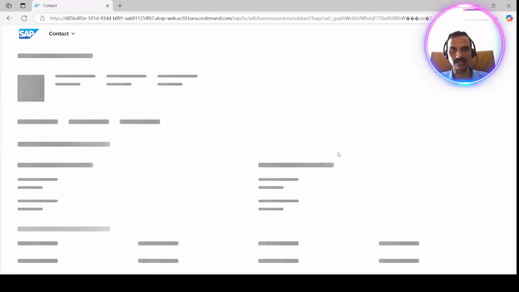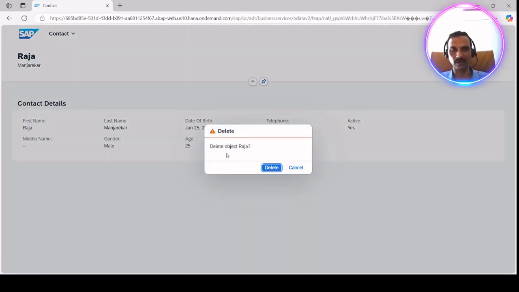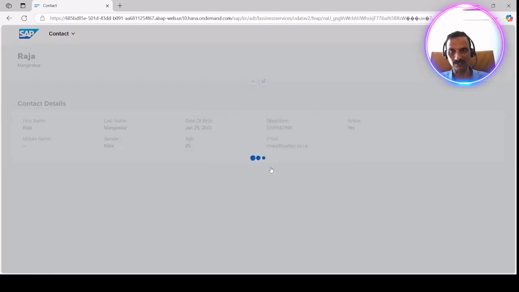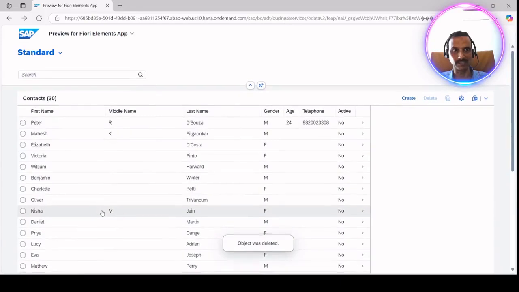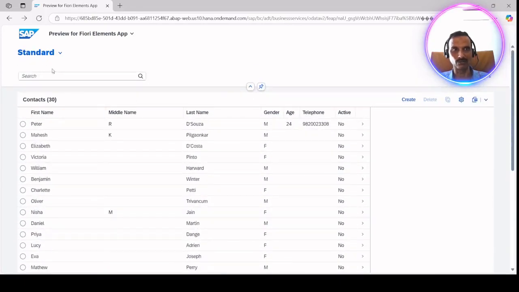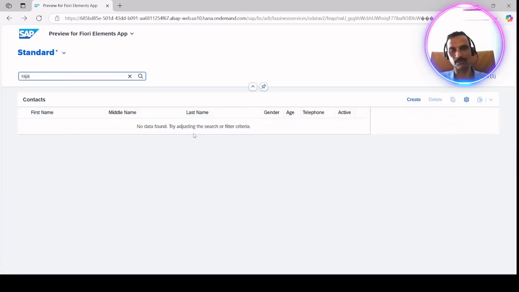Okay, I can go inside. Okay, and here also the delete has been triggered. Okay, both ways you can do. Let me delete this from here. So if I say delete, it will ask for the confirmation. We say yes, delete, and you see that has been deleted now. There is no Raja here. If we go and find out Raja, we should not be able to find it. Okay, so